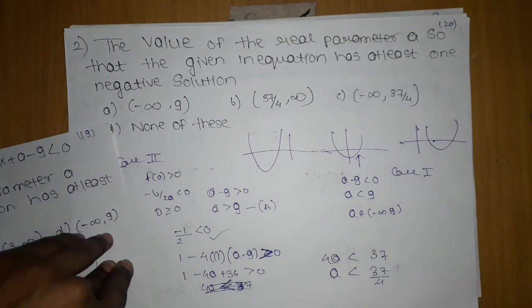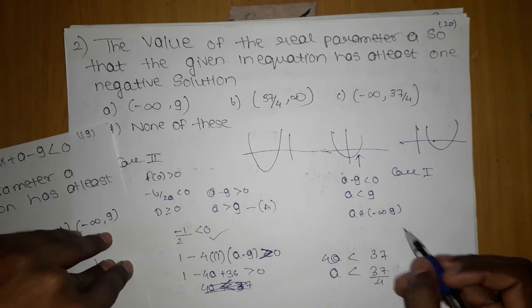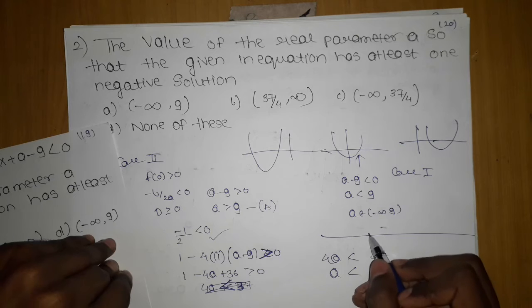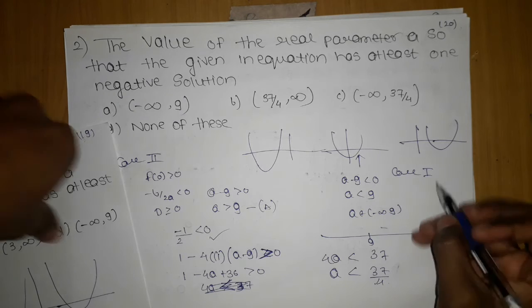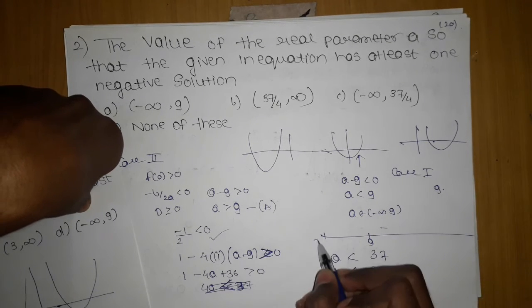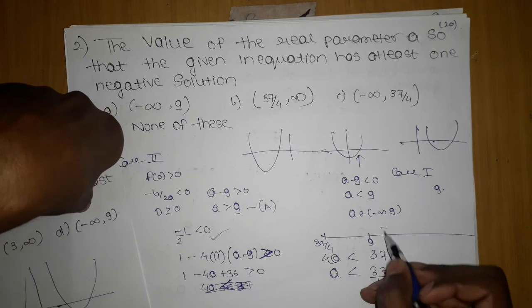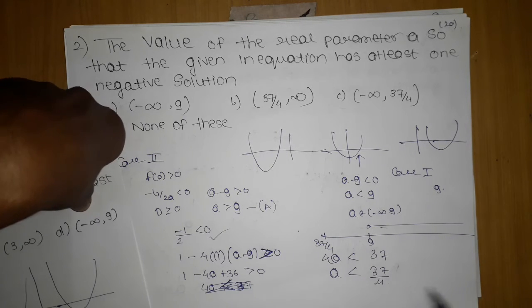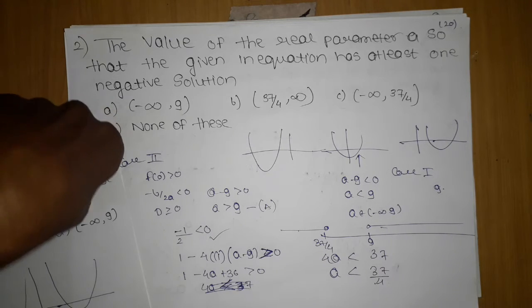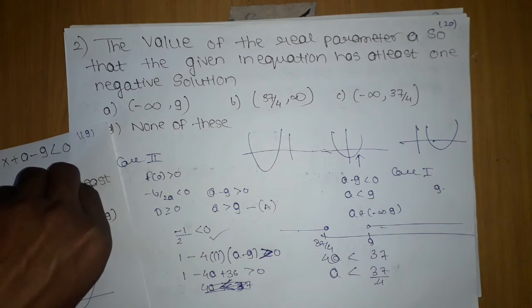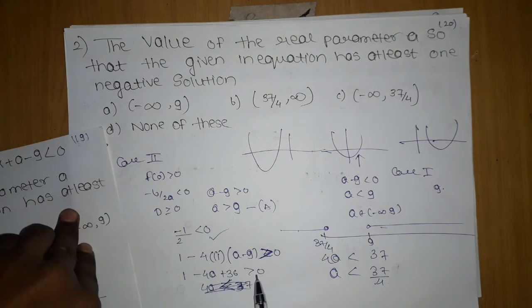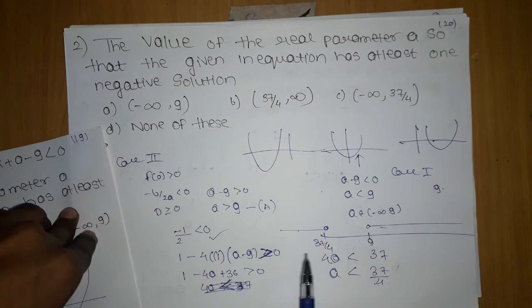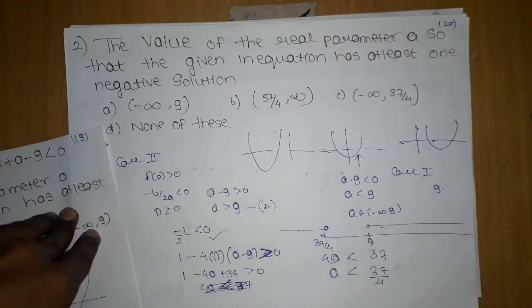Now inside the cases, as I have told you earlier, we take intersections. Now just sketch the curve. We have 9. Now what is 37 by 4? It is something like 9 point something. So is 37 by 4 greater than 9? Yes, for sure. Now it is telling that it is greater than, meaning not included. Further on it is not included. A should be less than. What condition are you getting from this? Let me check. 4a, 9 to infinity, and a should be greater than. If it had been taken as a greater than, then it would have been fine.